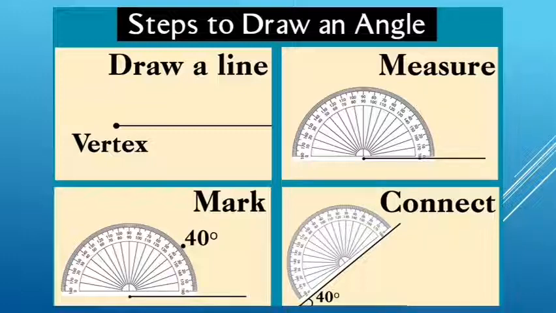In step number 3, you will mark the point 40 degree. In this case, because my ray is pointing towards right hand side, I will see my 0 is in the outer scale here. So I will again go by my outer scale and you can see it's coming on 40. So I'll mark a point on 40, and then after removing my D, I will join the new point and the vertex, and by joining this, I will get an angle of 40 degree. So this is the way we construct the